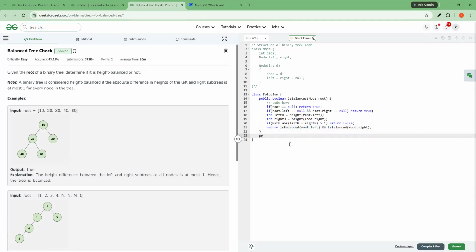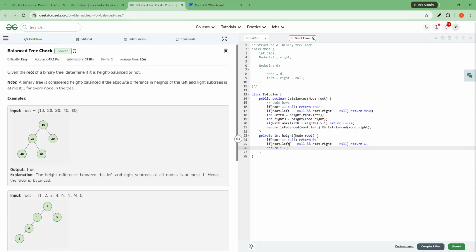Okay, let's quickly write the height function also. Private int height of node root. So we will just write the base condition. If my root itself is null, then there is no height concept. But if my root node is a leaf node, then it will contribute a height of 1 to the parent binary tree. And otherwise, we will just say